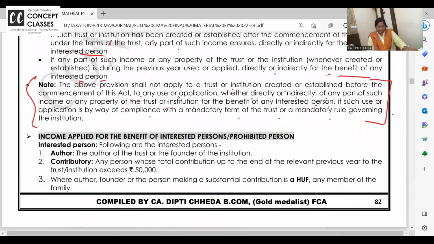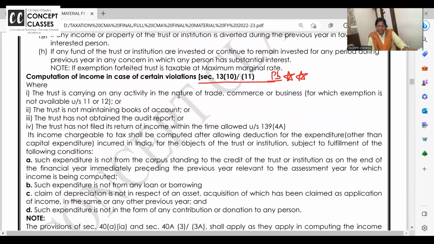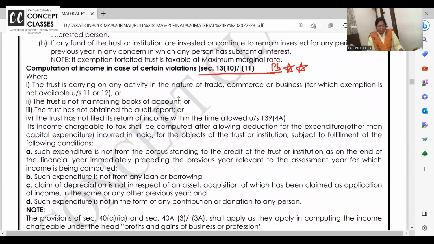Done. Then, how will they compute the income is given in section 13(10). Where trust is carrying on any activity in the nature of trade, commerce, or business for which exemption is not available under 11(4A).